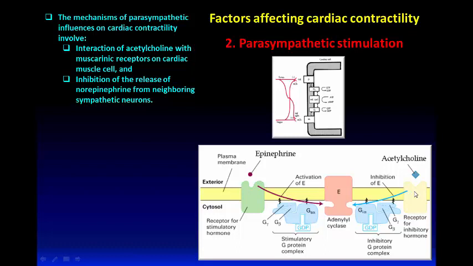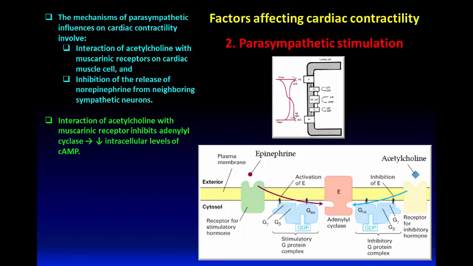And also, this is the vagus releasing acetylcholine, acetylcholine interacting with muscarinic receptors on the cardiac muscle cells. Also here we have the vagus releasing acetylcholine, and this acetylcholine inhibits the release of norepinephrine from the neighboring sympathetic neurons. When acetylcholine binds to its muscarinic receptors on the cardiac muscle cells,